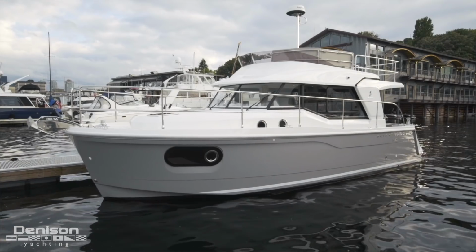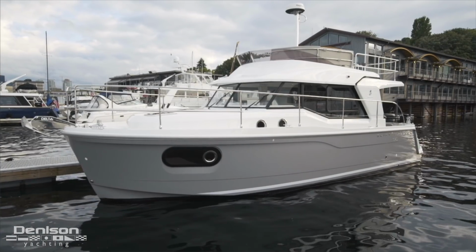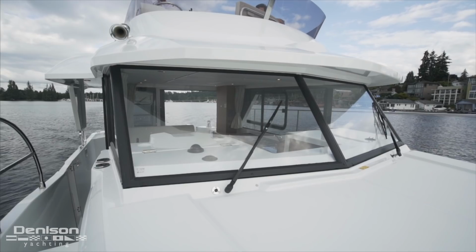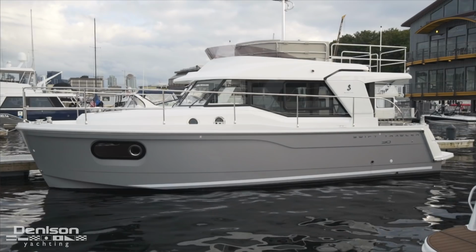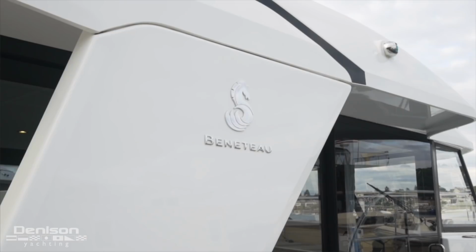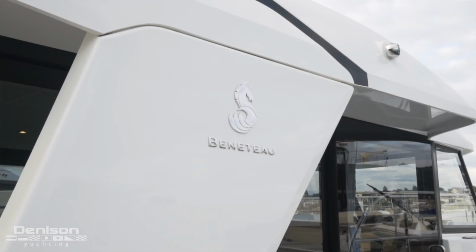Aesthetically speaking, there are few boats on the water, much less trawlers, that look as great as the Swift 30. Her hull is sleek and athletic to meet the demands of high speeds and better maneuverability. The Beneteau Swift series has blended these two things, form and function, together, and nothing illustrates this better than the